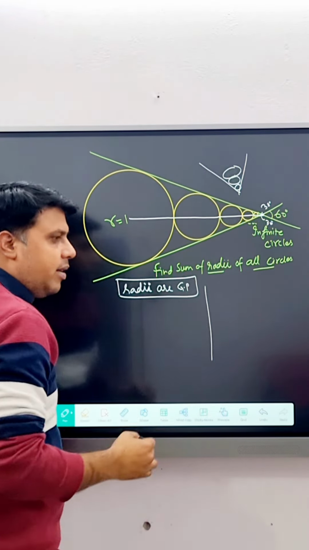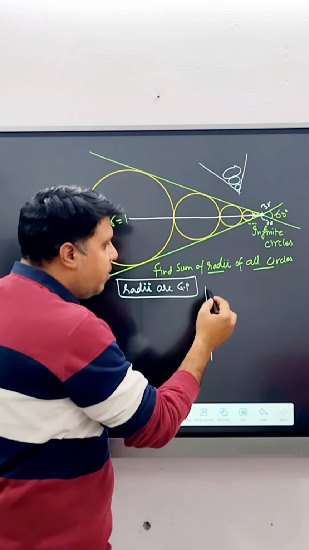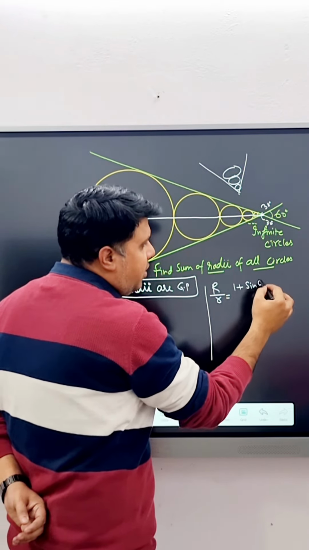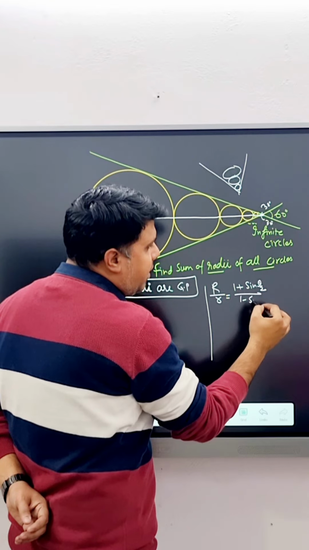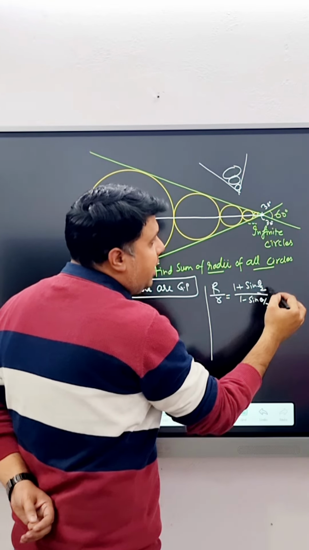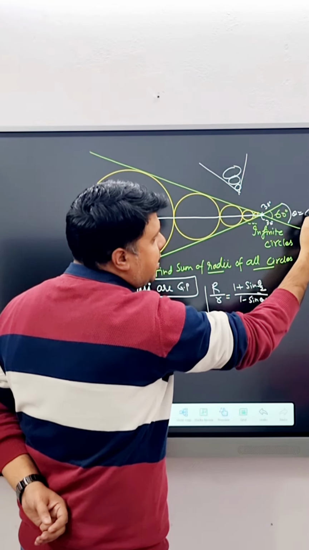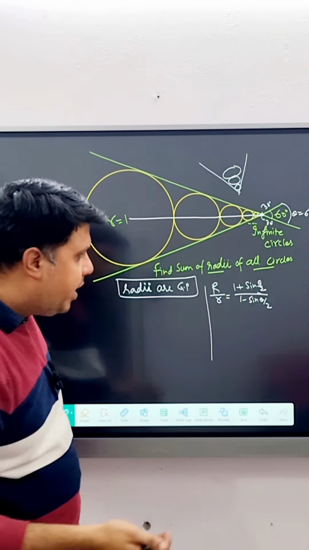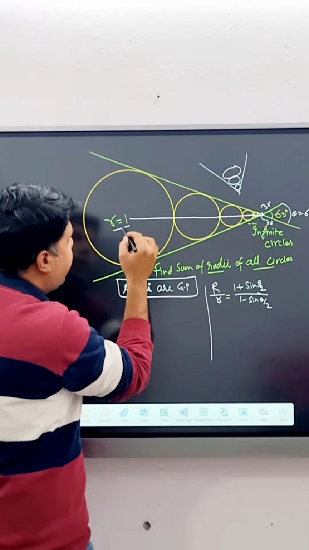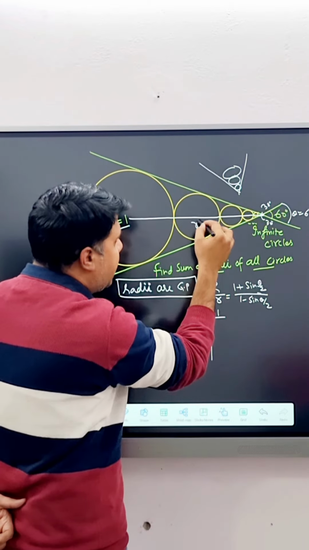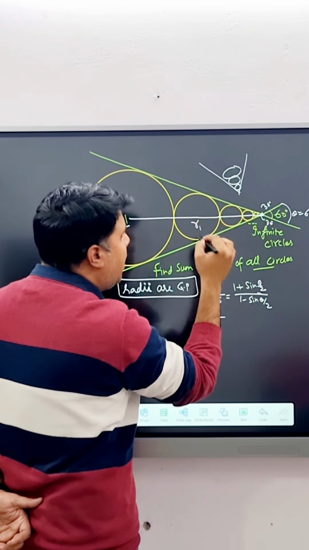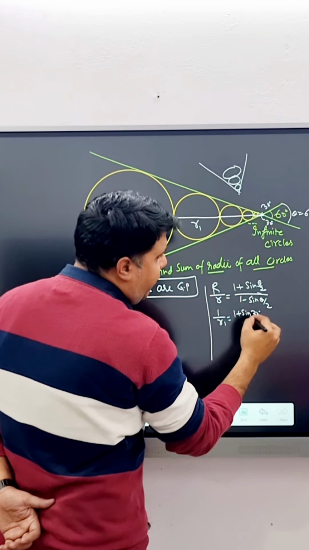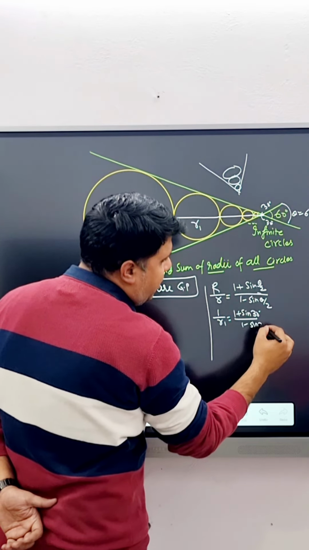Whenever I am writing the radius, bigger radius upon smaller radius should be equal to (1 plus sine theta by 2) upon (1 minus sine theta by 2), where theta is the complete angle. Here it is 60 degrees, so I have to just halve it to find the relation, right? If I take the capital R as 1, then the small r, that is the next one, or I can say R1, would be (1 plus sine 30) and (1 minus sine 30).